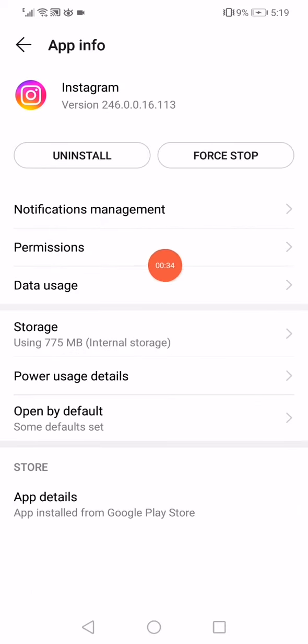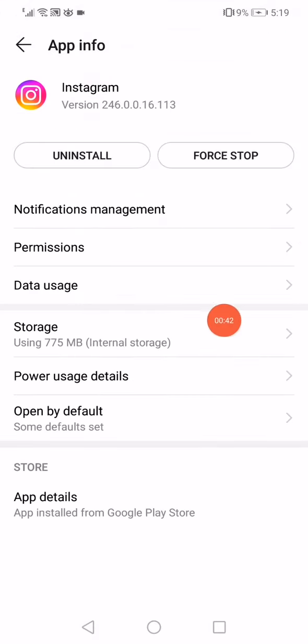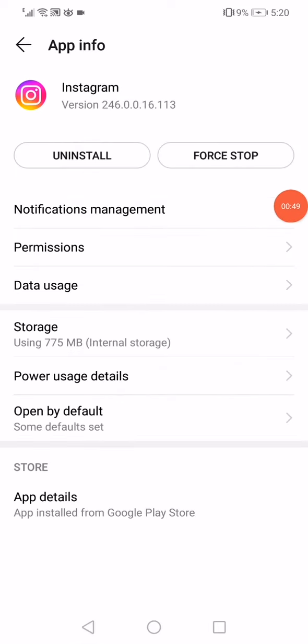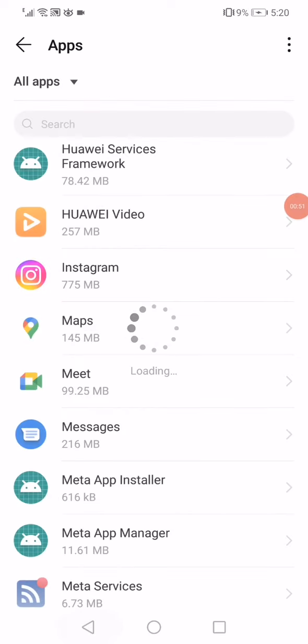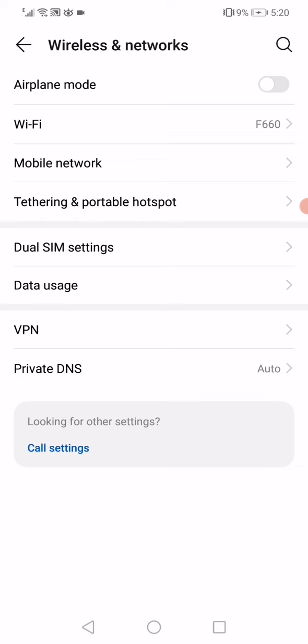Now go here to the permissions, make sure that all the permissions are enabled, and especially the camera and the storage. Go back, click on the storage again here, and now click on clear data. Go back, click on force stop, and now go back to the settings, go to wireless and networks, and enable